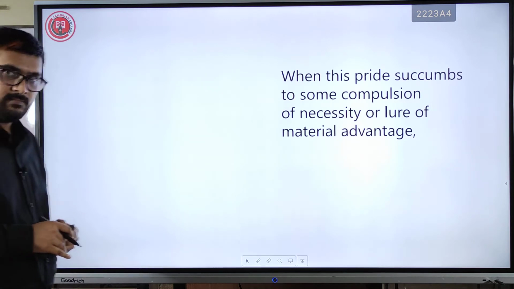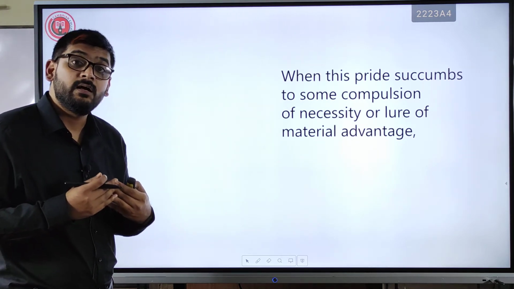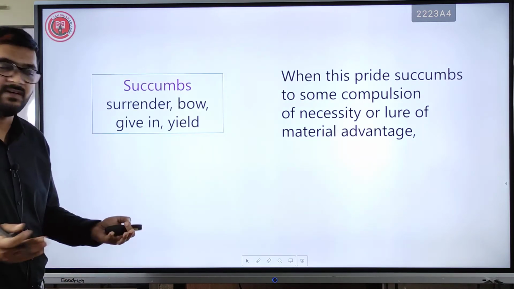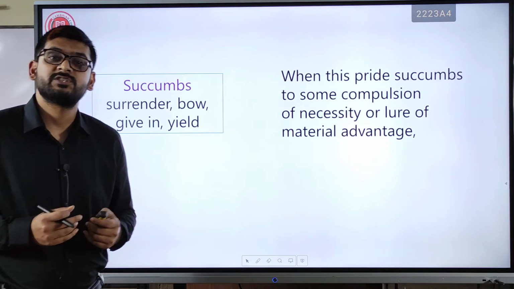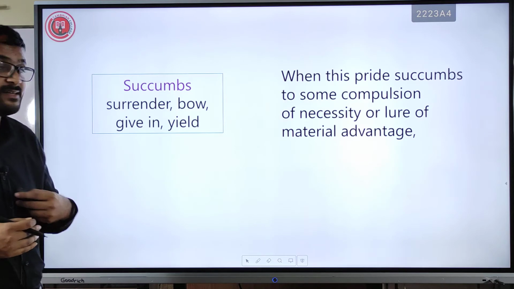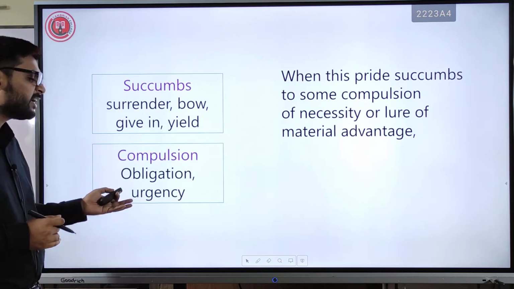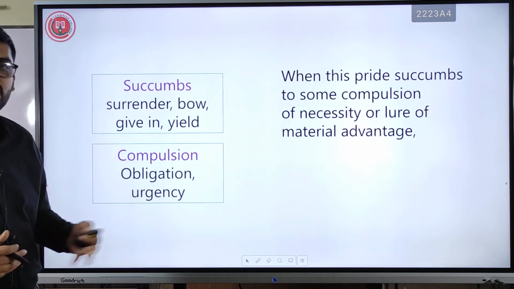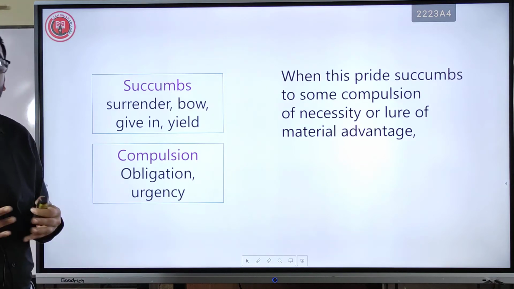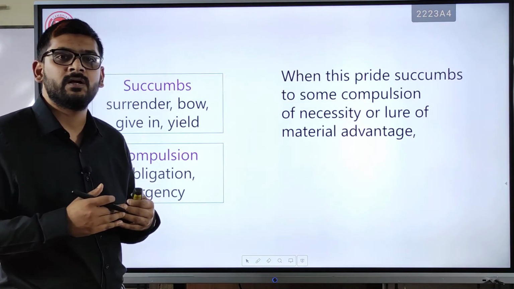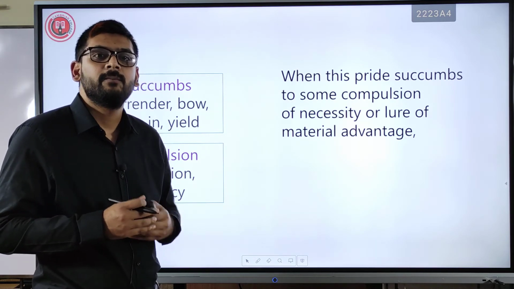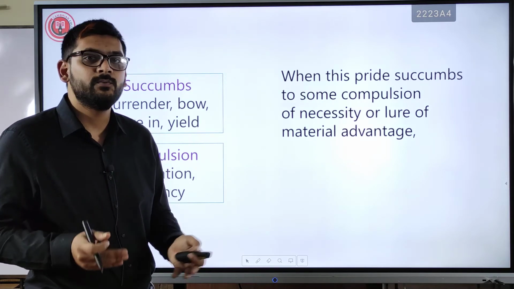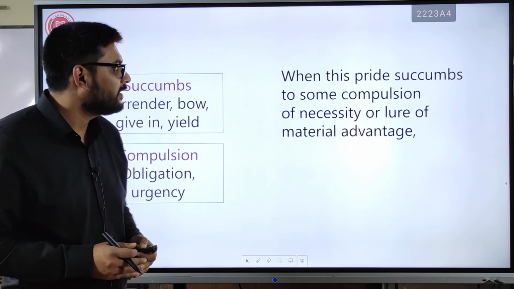When this pride, we are proud of our culture, but this pride succumbs to, what does succumbs to mean? Surrender, bow, to give in, to yield, বশ্যতা স্বীকার করা, আনুগত্য মেনে নেওয়া। When this pride succumbs to some compulsion of necessity, compulsion, obligation, বাধ্যবাধকতা, or lure, প্রলোভন of material advantage. Material advantage mean পার্থিব সুযোগ সুবিধা। পৃথিবীতে তুমি সফলতা অর্জন করার জন্য অনেক সময় আমরা আমাদের গর্বের জায়গাটা বিসর্জন দিতে হচ্ছে, আমাদের যে কালচারকে বিসর্জন দিয়ে অন্য দেশের শিক্ষা ব্যবস্থা অনুযায়ী শিক্ষিত হতে হচ্ছে কিছু পার্থিব জাগতিক কিছু অর্জনের জন্য।